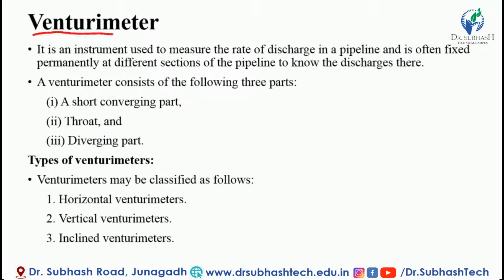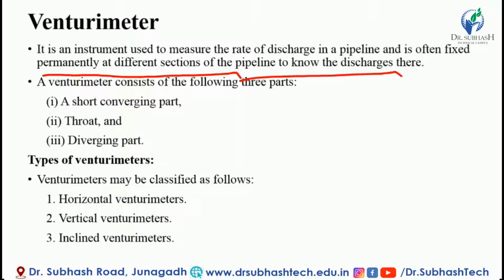First of all, what is the Venturimeter? The Venturimeter is a measuring instrument. It measures the rate of discharge in a pipeline, and it is permanently fixed to the section of pipe to measure the discharge. When we have to measure the discharge in a pipe, at that section we have to permanently fix the Venturimeter. The Venturimeter mainly consists of three parts: